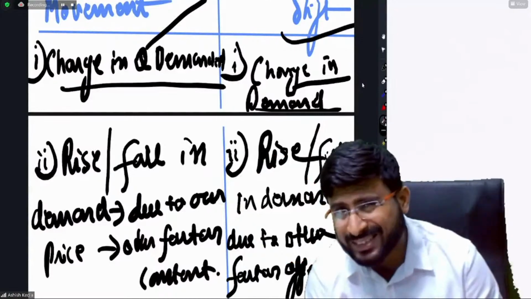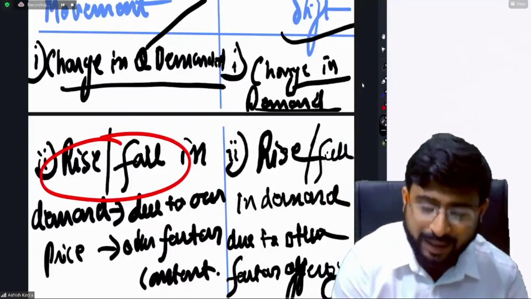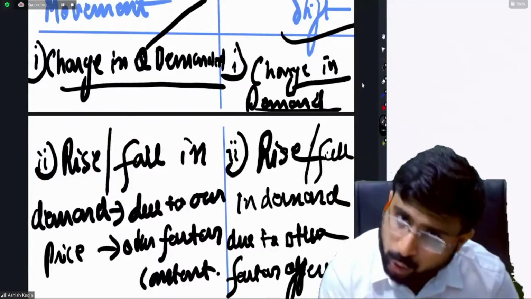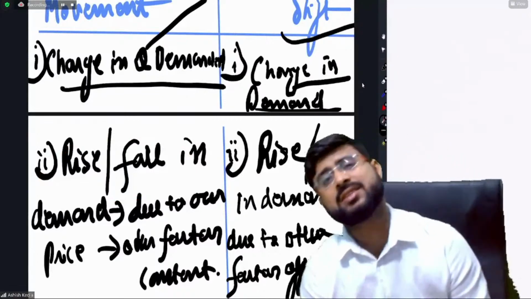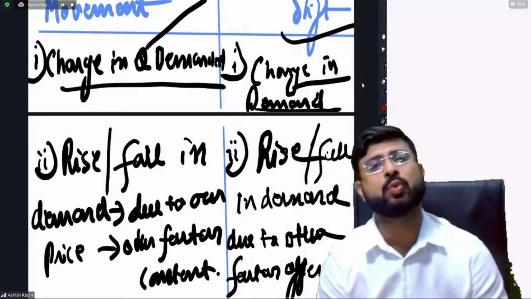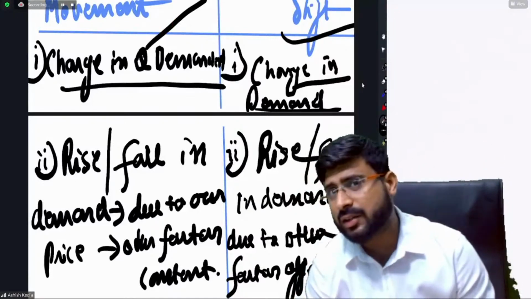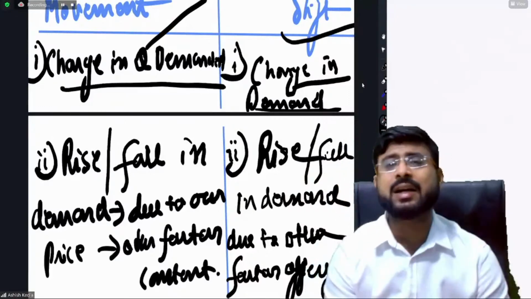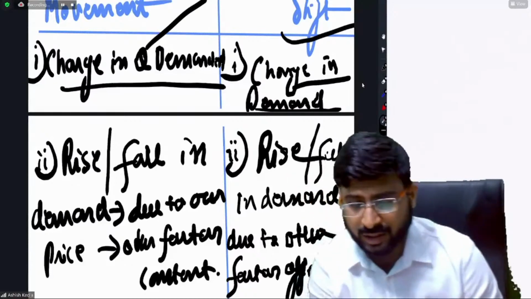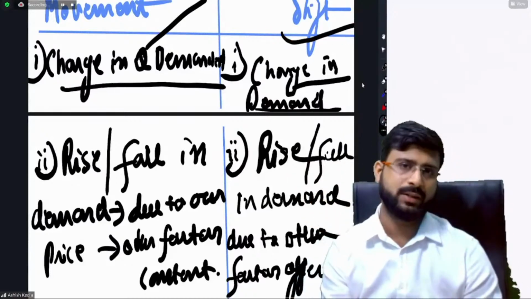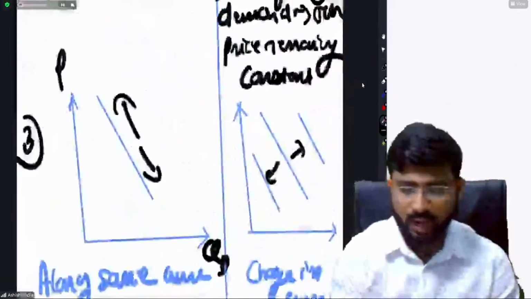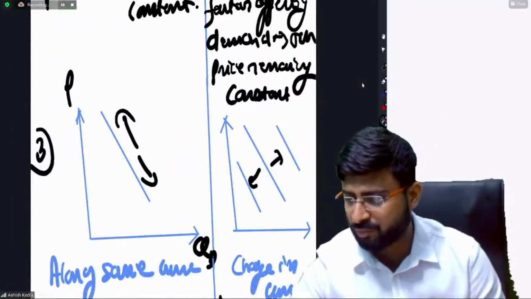Movement को इस बात से लेना देना है कि जो डिमांड है वो बढ़े या घटे खुद के दाम की वजह से, कमोडिटी के खुद के दाम में बदलाव आया जिसकी वजह से क्वांटिटी डिमांडेड में बदलाव आया। यदि ऐसा होता है तो हम कहते हैं मूवमेंट हुआ। परंतु अगर क्वांटिटी डिमांडेड बढ़ता है या घटता है ऑन प्राइस की वजह से नहीं, किसी और कारणवश, तब हम लोग बोलते हैं शिफ्ट ऑफ डिमांड। आई होप इट्स क्रिस्टल क्लियर एवरीवन, राइट? Now friends, whenever there is movement of demand,